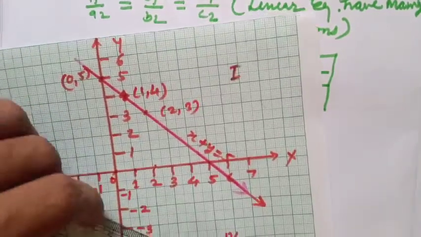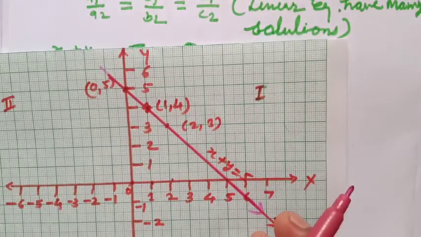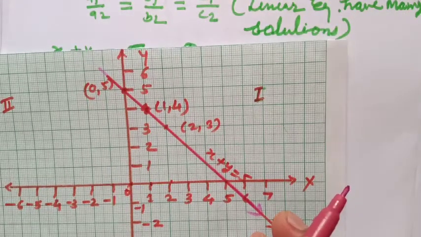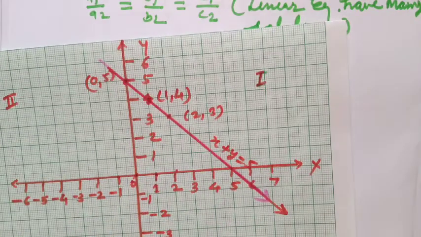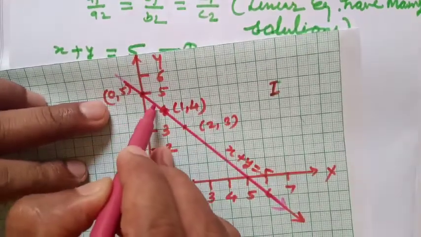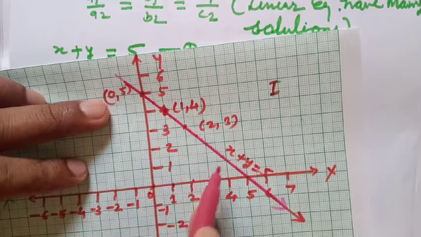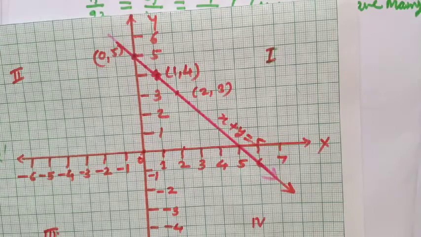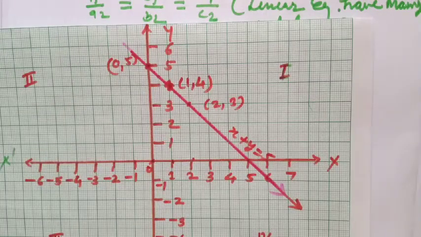Clear? For getting the solution, the graphs will intersect at a point, but here the two graphs are intersecting at so many points. Why? Both graphs are overlapped on each other. So you can say there are intersecting or common points, which means a lot of common points. So you can say both linear equations have many solutions.